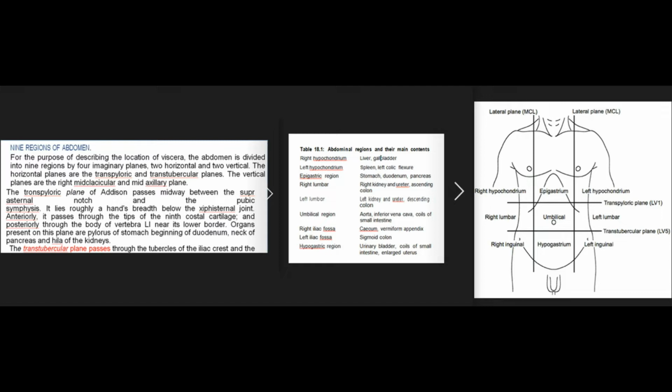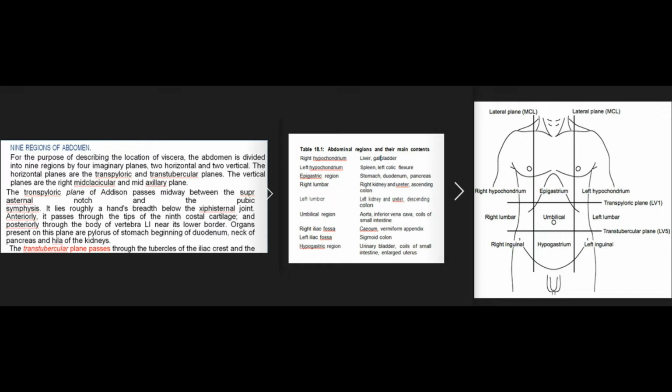The transpyloric plane of Addison passes midway between the suprasternal notch and the pubic symphysis. It lies roughly a hand's breadth below the xiphisternal joint. Anteriorly, it passes through the tips of the 9th costal cartilage, and posteriorly through the body of vertebra L1 near its lower border. Organs present on this plane are